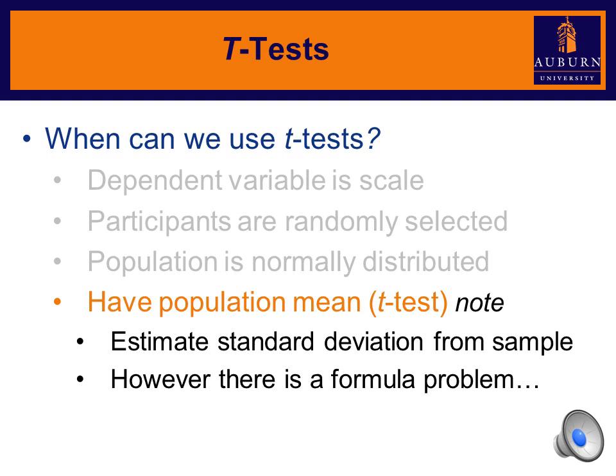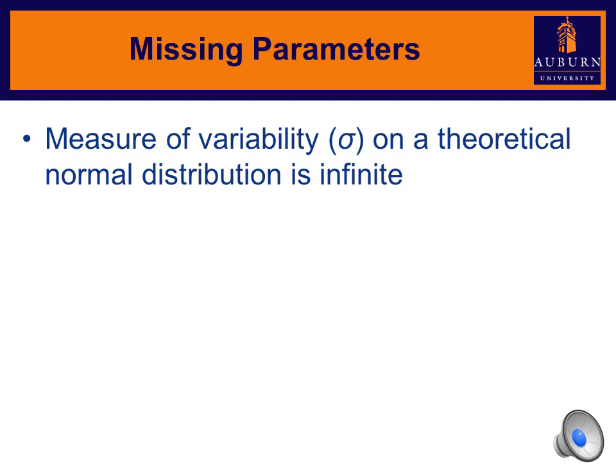However, there is a formula problem with the formula that you've learned so far for a standard deviation. So before we can do a t-test, we need to correct for that problem in the formula that we've learned thus far. And so we need to make an adjustment to our standard deviation formula. Okay, so the particular problem is that our measure of variability, so in this case sigma for the population, is